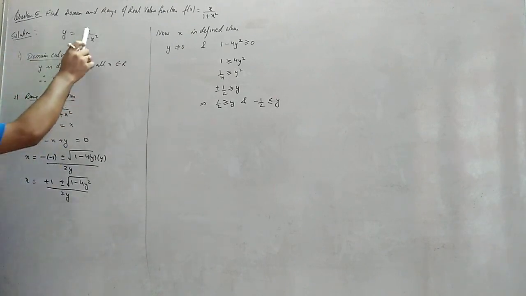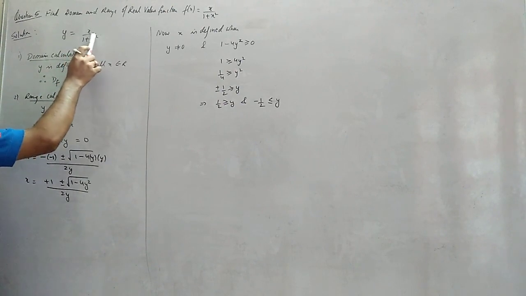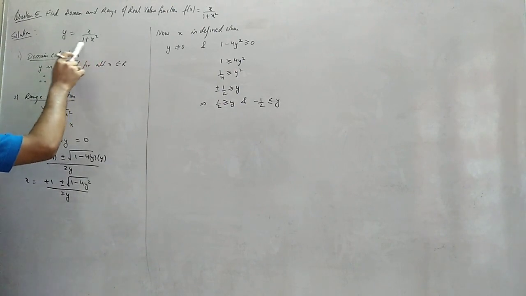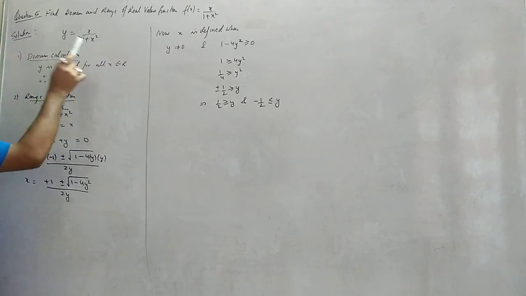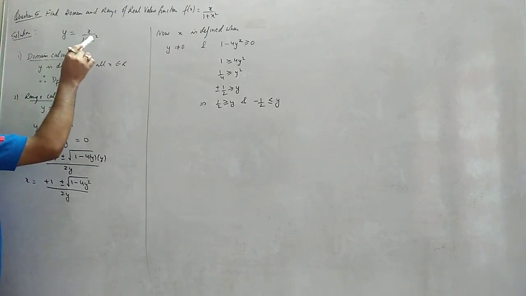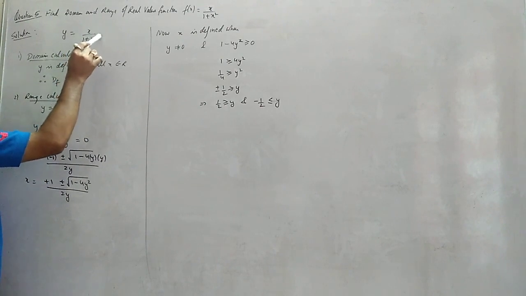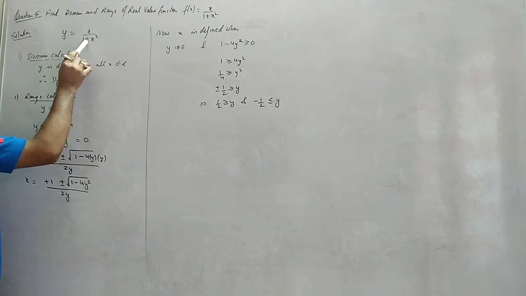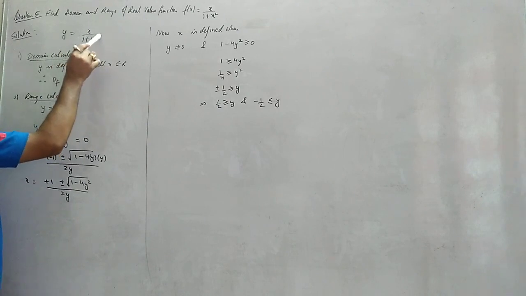In which form? Something by something form. That means we have to check whether the denominator can be 0 or not. So check out the denominator, square and plus. That means you substitute any value of x here, negative value or positive value, it will always come positive. And here we have positive. That means this term cannot be 0 ever.